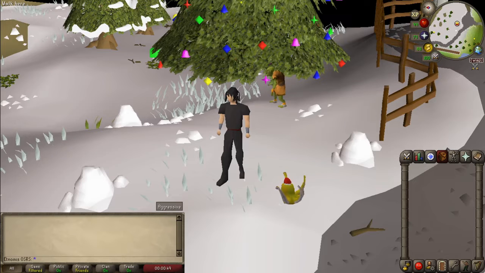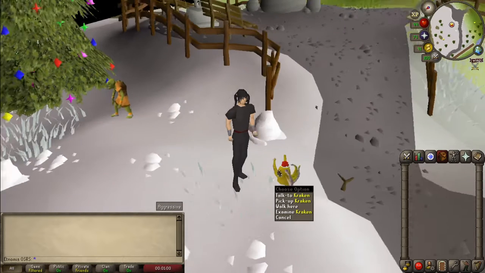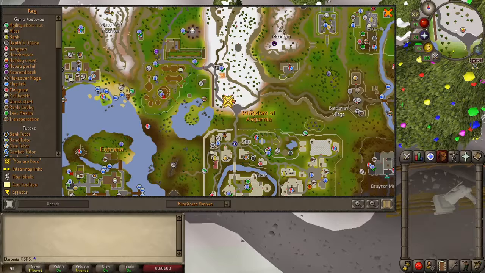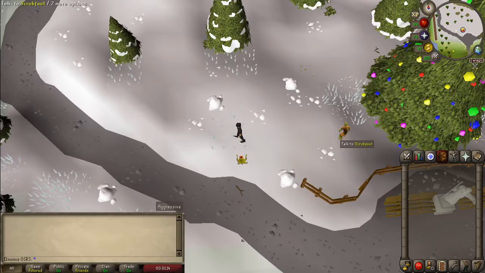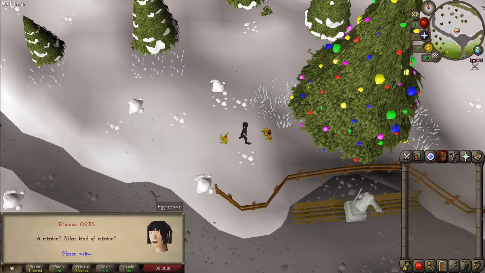Hello guys, and it's that time of year again, and we have today seen the release of the 2020 OSRS Christmas event. As you can see, my pet Kraken has the adorable little Santa hat on, and we are starting this year just north of Falador, up here by the holiday event marker. So we come over and we talk to Scrubfoot,